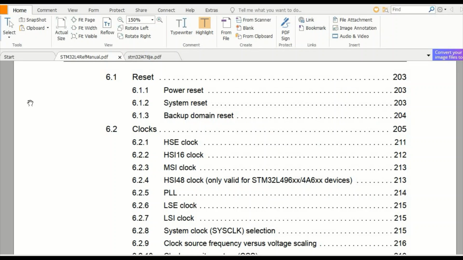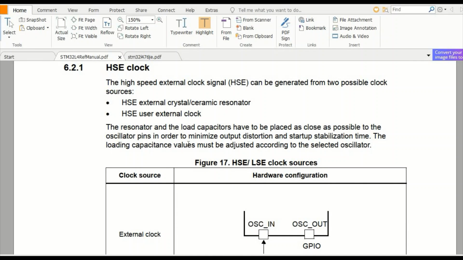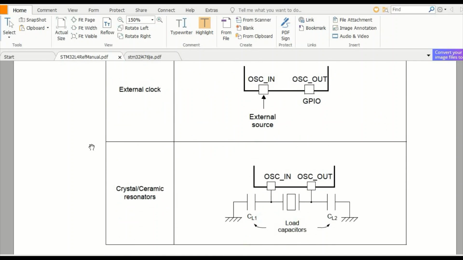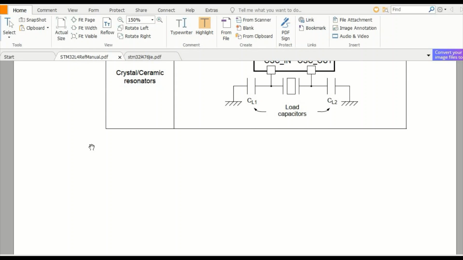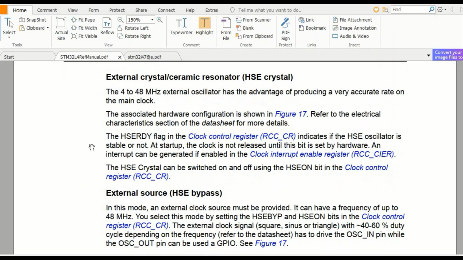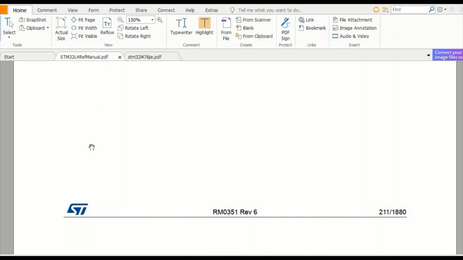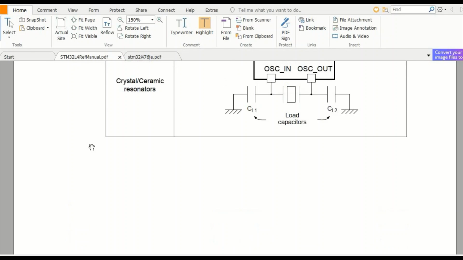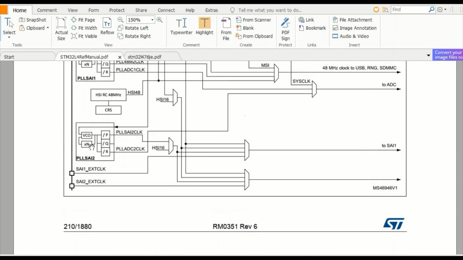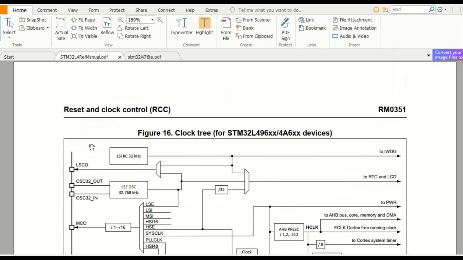So in this program, I am using the HSE clock, which is the high speed external clock. So just go to it. It is about how to use it, how to bypass the clock, how to use onboard crystals. So on the STM32 Nucleo board, you generally have an 8 MHz crystal. So I will be using it to provide the clock to the peripherals. So now look at the registers.